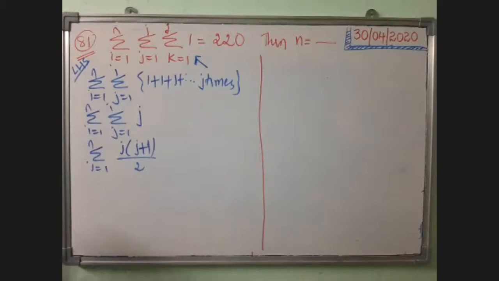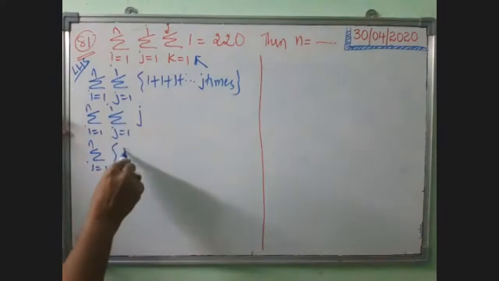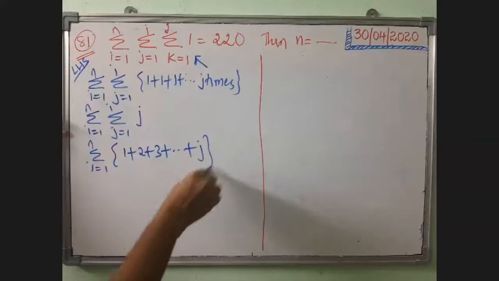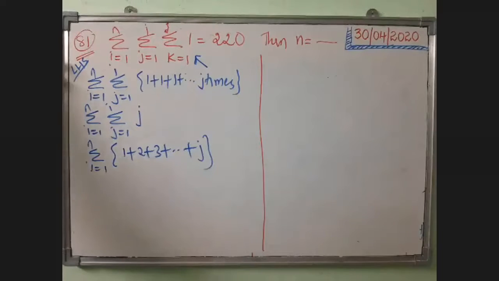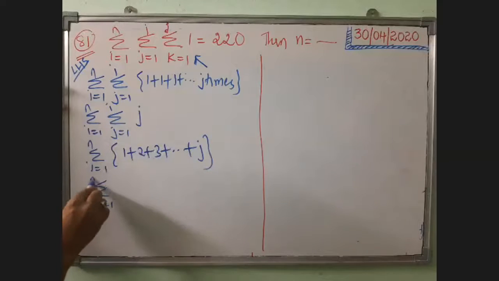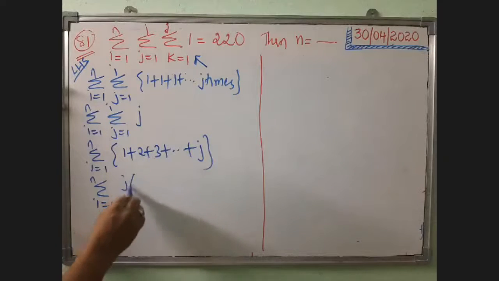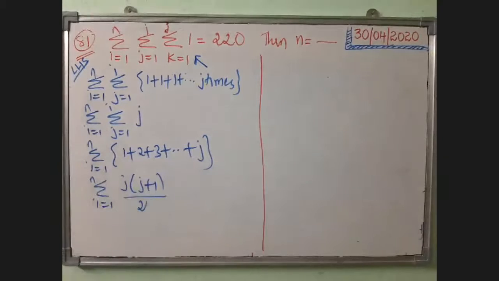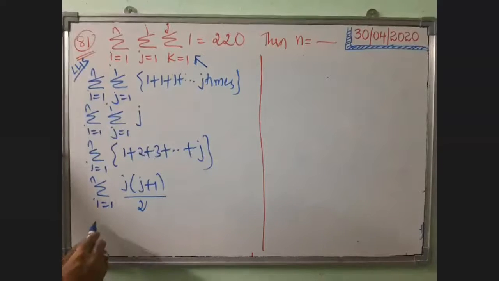So it becomes actually sigma. See, if you want, I can write it in detail for this also. So this will become actually sigma, 1 plus 2 plus 3 up to j. Okay, so this will become actually sigma i equal to 1 to n of j into j plus 1 by 2, just like n into n plus 1 by 2. See, from among 3 sigmas, 2 sigmas have got eliminated. Now only one leftmost sigma is there. So what you do is you take 1 by 2 common, you take sigma.